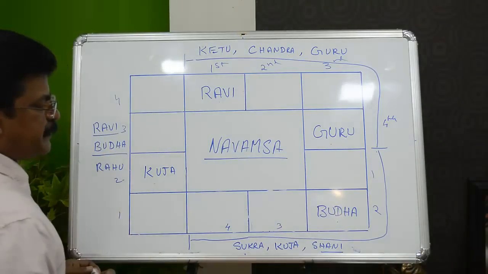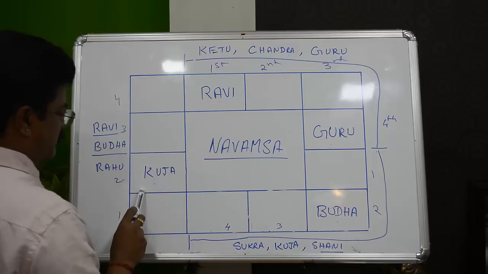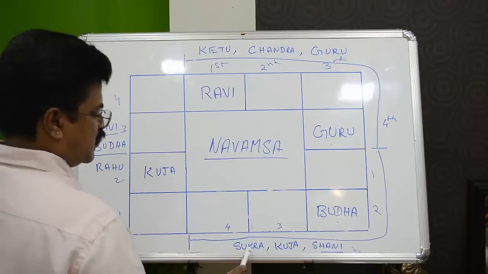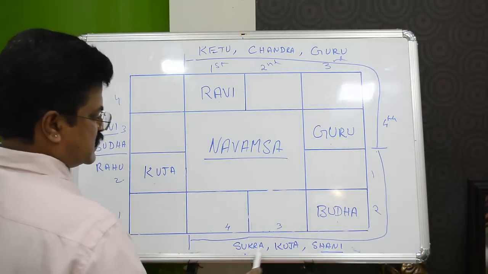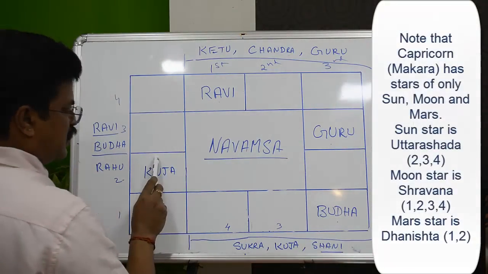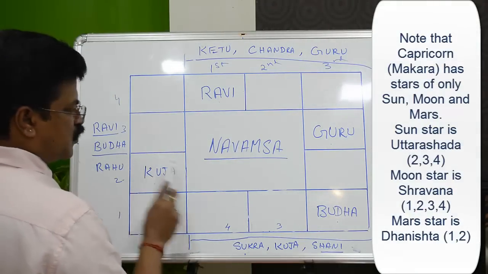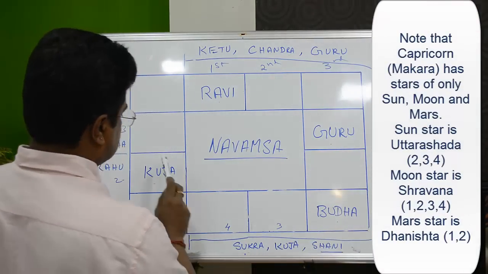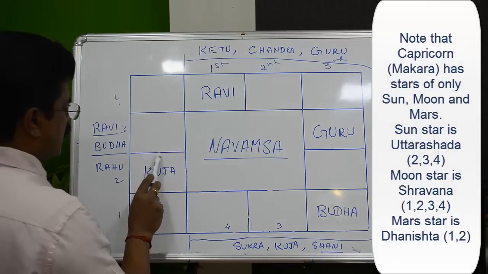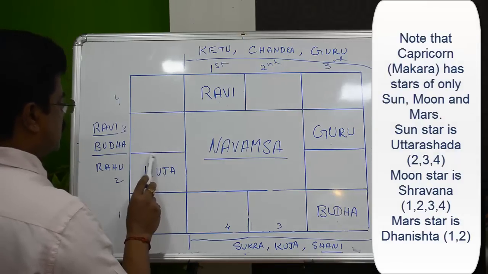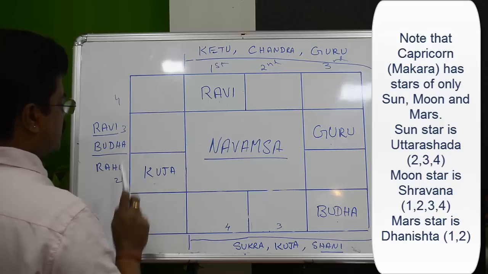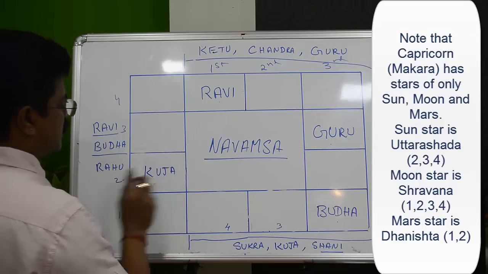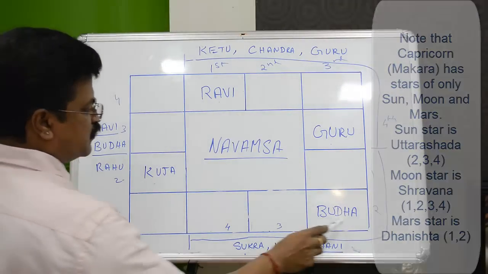Now let's do Mercury. Where is Mercury in the entire 30 degrees of Capricorn? You know that out of these 3 stars possible, Venus star or Mars star or Saturn star, only Mars star is here. So Mercury is in the Mars star, in the second portion of the Mars star. That means Mercury is over the last pada of this entire zone, the 9th pada. The 9th pada here is Dhanishta pada 2, or the second part of Dhanishta,